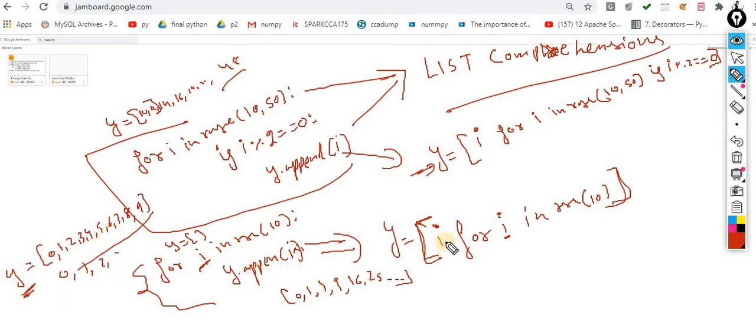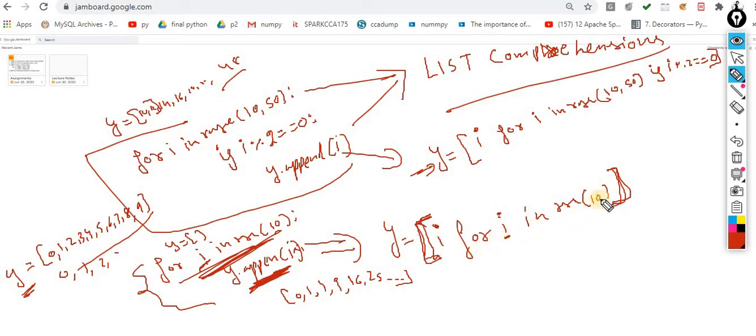The same thing that I want to perform, I can do inside the list comprehension with the same logic. Rather than using append, I use the concept of list comprehension. I implement everything inside the list. Now what did I implement?